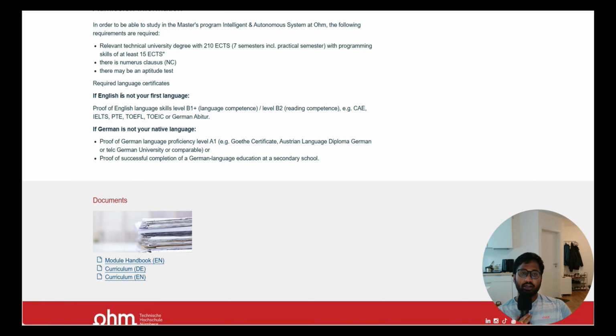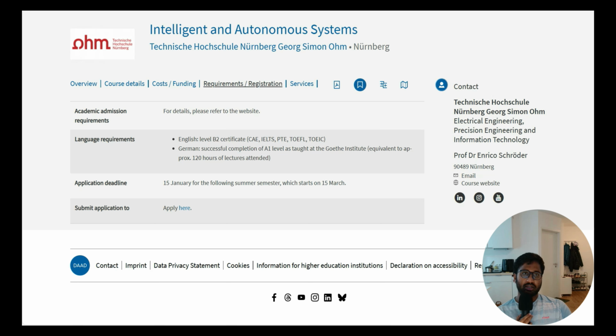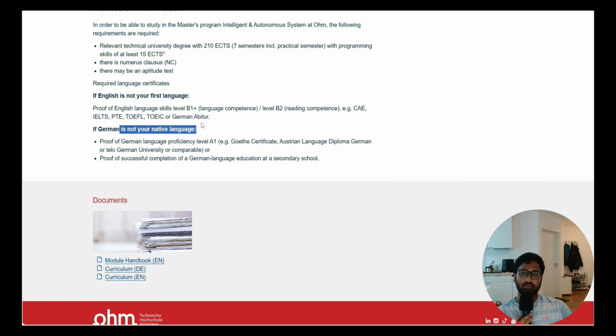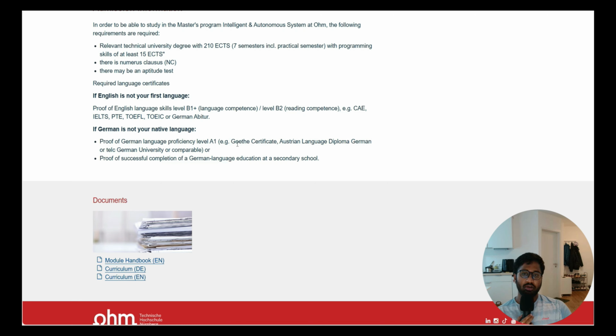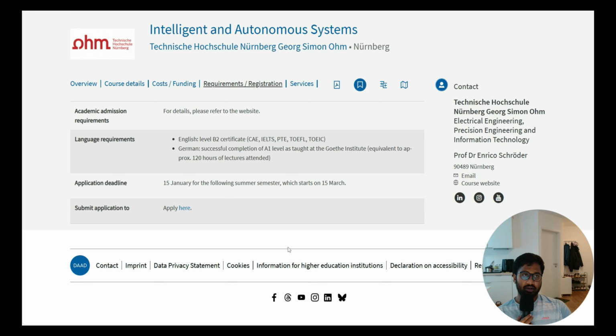Then if English is not your first language, you need to have a B2 level certificate in your application, with IELTS, PTE, TOEFL and other tests. Usually for IELTS, B2 means 6.5 or 6 and above. So that's the thing. Then if German is not your native language, you need to have at least A1 level of German. But the certificate has to be from Goethe, Austrian language diploma, TestDaF, TELC or anything. Usually it should be from Goethe or TELC. Okay, these are the requirements and application requirements that you need to know in order to apply